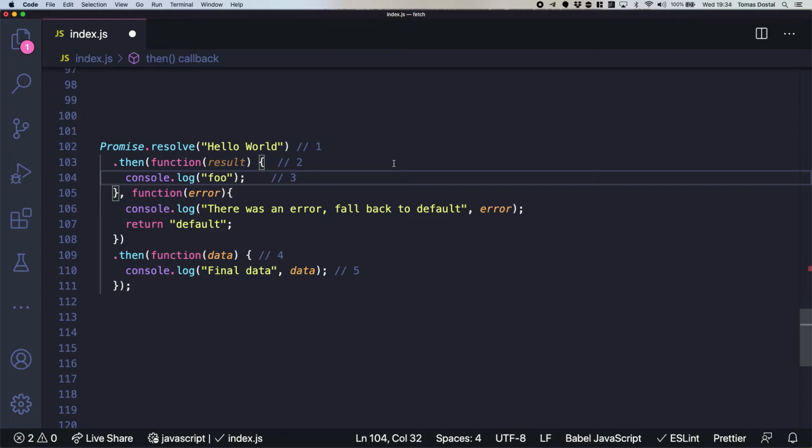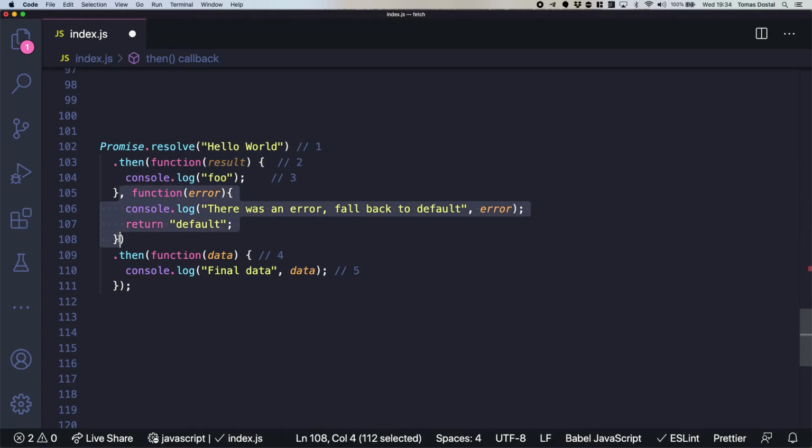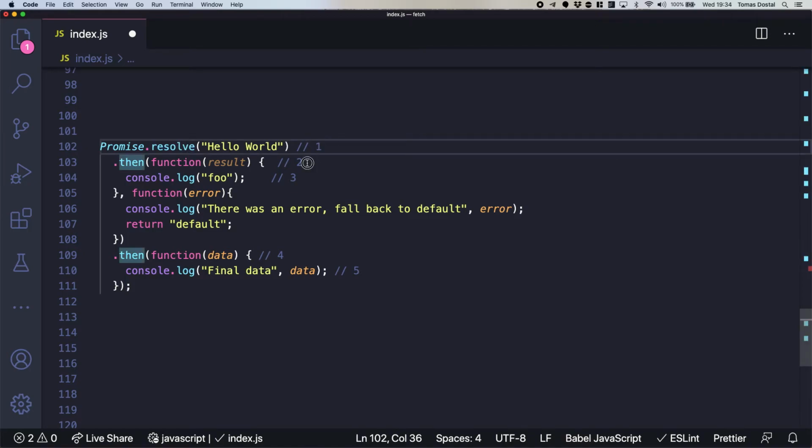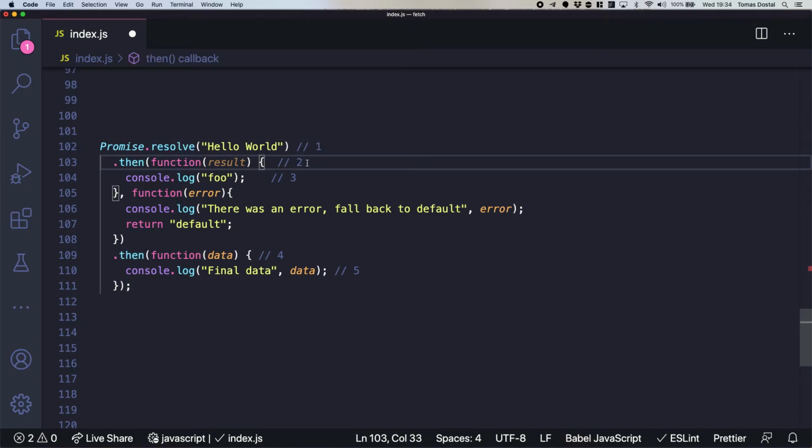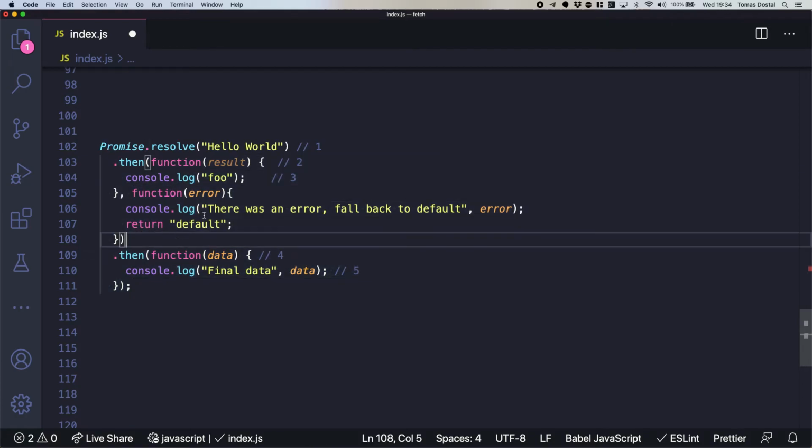So promise dot reject, and it returned for us the error function. This is the error function that's not being used now because we are resolve. So the steps are: we create the promise, then we go through the successful flow of the promise, then we console log something in here, and we jump here, and at this point data is not there because the first step didn't return anything.